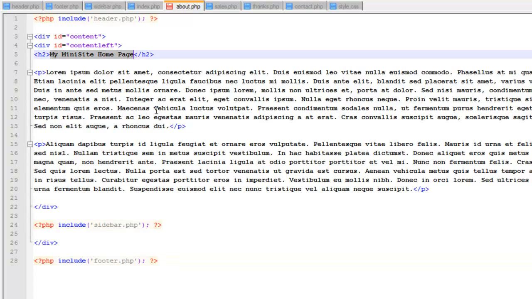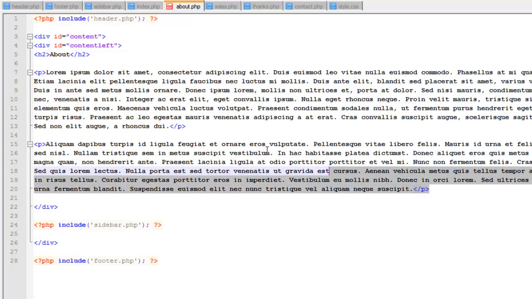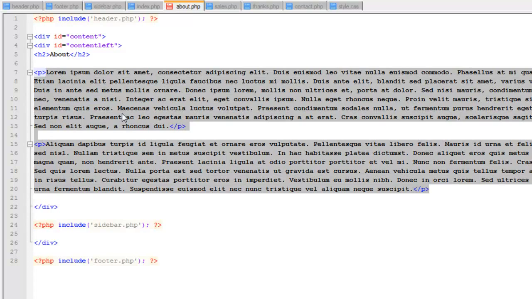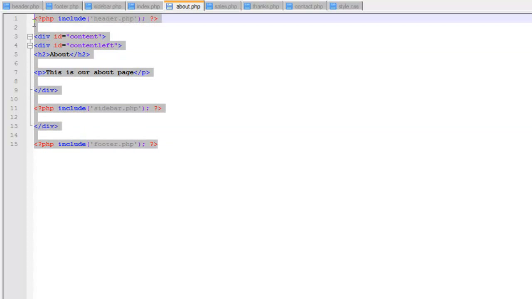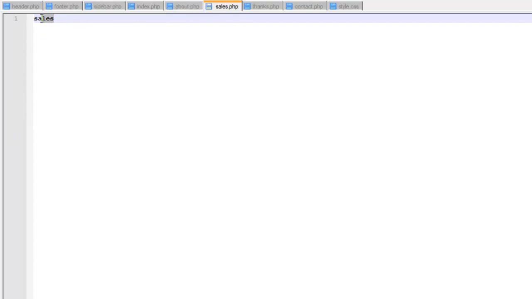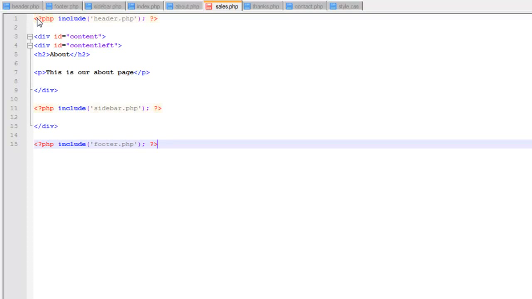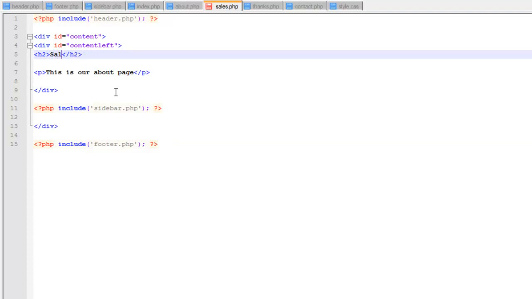So we'll change the title to about, and then we can come in here and change this text, and we'll just put, this is our about page, okay? And we'll save that page. And we can do that for every single page that we have here. So for our sales page, we do that, and we just change this to sales, and we change this to, this is our sales page,